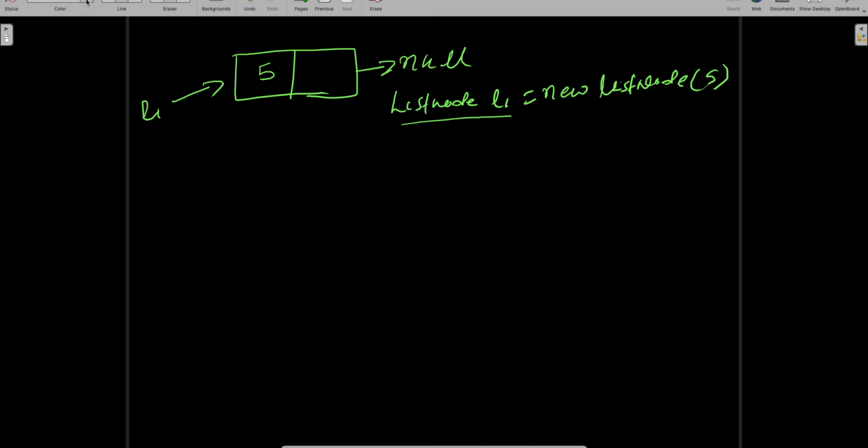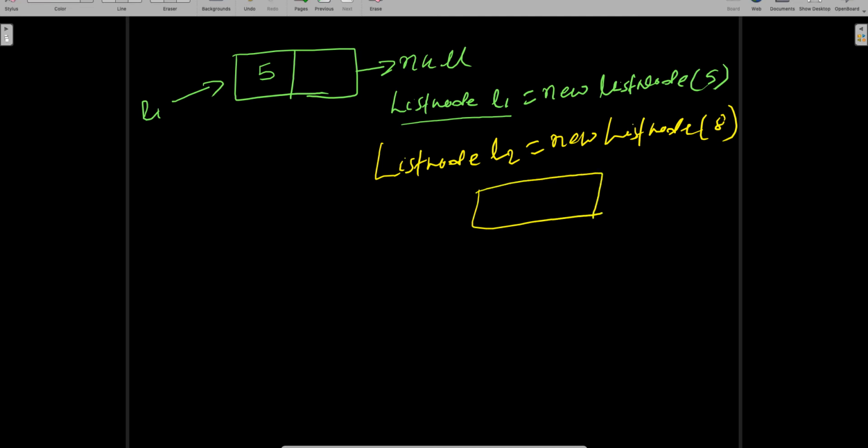Now let's say I have to create the second node. To do that, again I write ListNode L2 = new ListNode(8). This is my second node. When I create the second node, in memory 8 will get created and its next will be pointing to null.